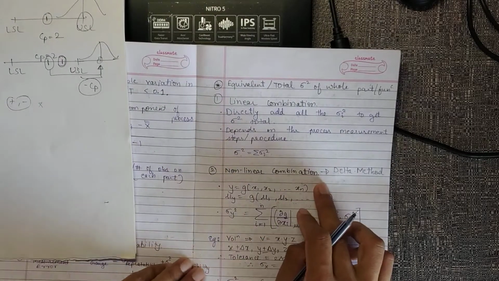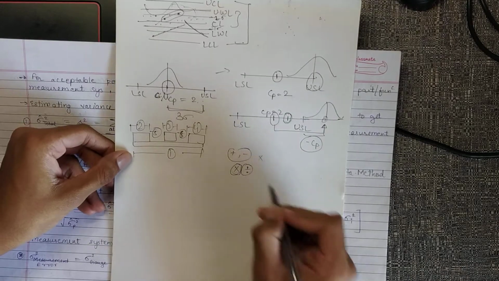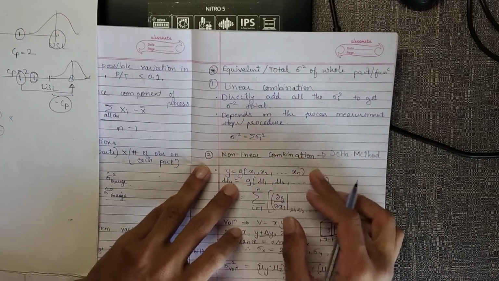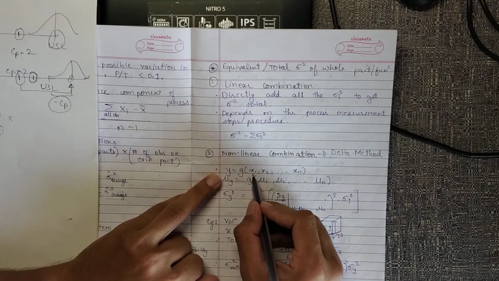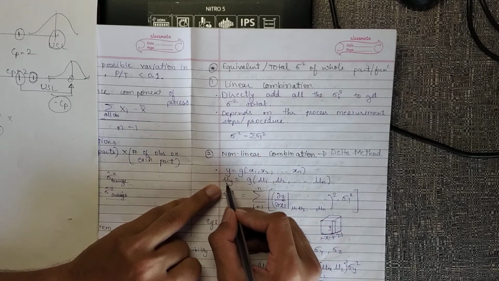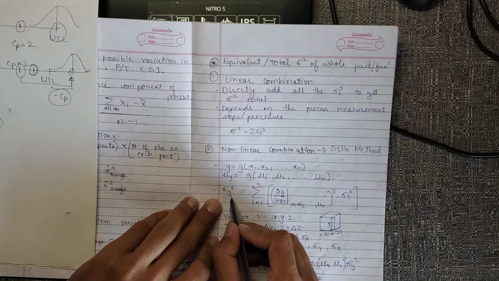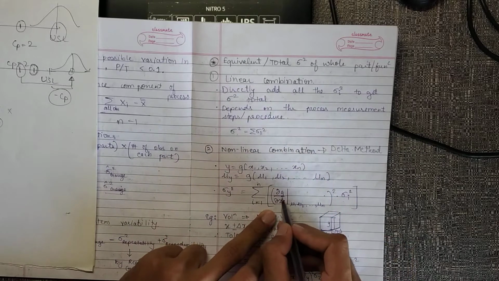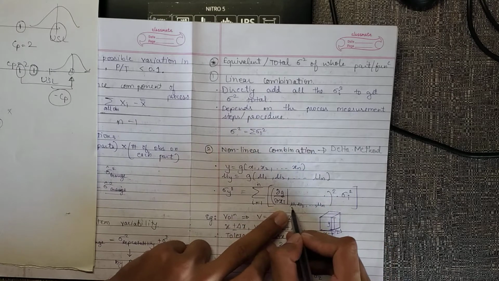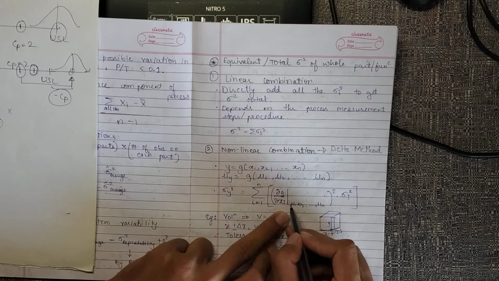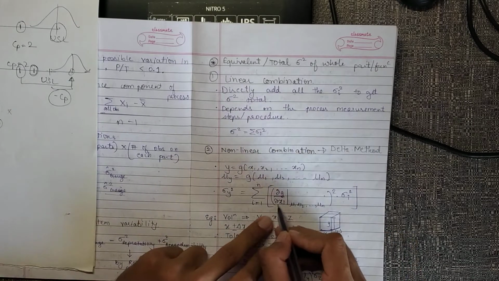So if there is a non-linear combination, so if there are multiplications and divisions involved in our function, then we need to use this non-linear combination method, and this is also called the delta method. So here our function y can be a function of x1, x2, some parameters. So the mu of y will be given by the mu of each of the parameters, and the sigma y square will be given by this formula, where we are taking the partial derivative of the original function with respect to each of the parameters, and then we are substituting the mean of all the parameters which are left, taking the square of it and multiplying with the sigma of that parameter itself.